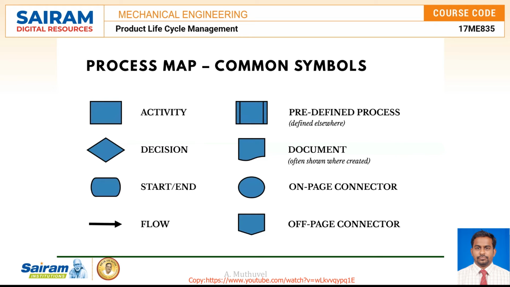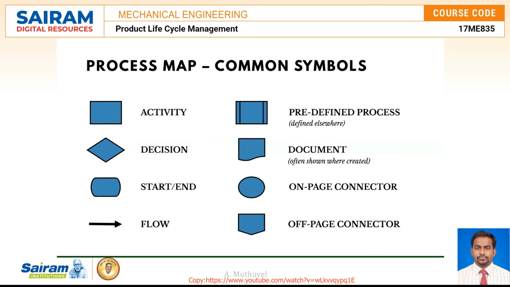So let's say we draw out our process map and we have a sub-process that's been included, or maybe a series of steps that we may not fit on the diagram or may not make sense to include. It's a process that's defined somewhere else, a predefined process or a sub-process. And the funny-looking symbol right below that is a document. We could show that when a document gets created in a process or updated perhaps.